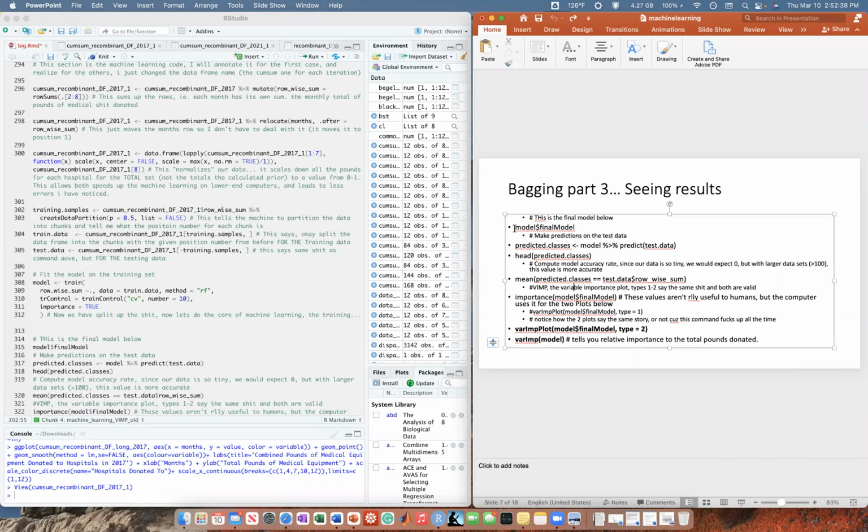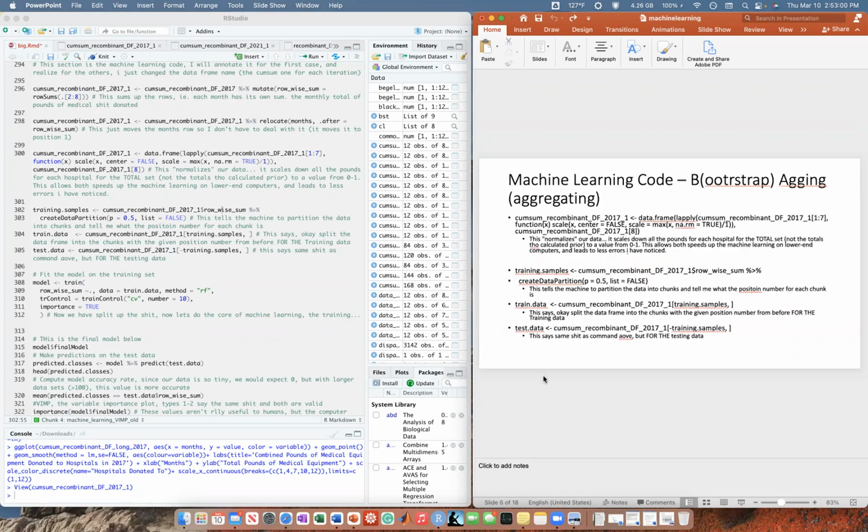So this is the tough part. This won't actually work if you use our data set for MedWish. So this is just saying, hey, what is the model? And this is saying, hey, I want you to take those predicted trees and model that and predict our testing data. Honestly, if you were to do this again, I would not change any of this code. I would just go back and change this part, which says the data set I'm using to actually do the machine learning.